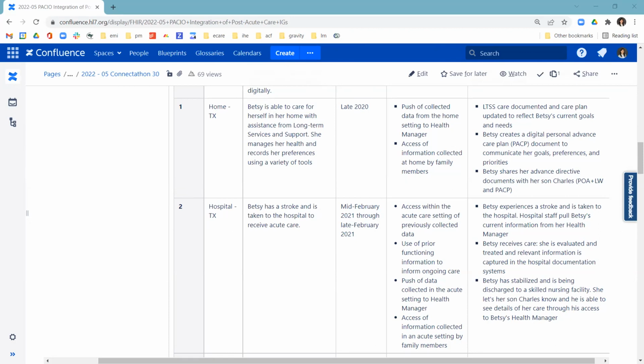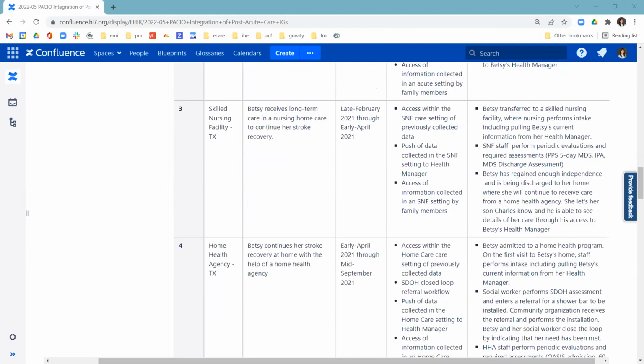And we've added the reassessment time points to help organize that information across really long-term encounters. That's what you're going to see particularly on scenes 2 through 5, roughly. Especially in the skilled nursing facility and the home health agency, there's fairly long periods of time, like April to mid-September for the home health agency, and February to April in the skilled nursing facility. And there's requirements to do reassessments and so forth.